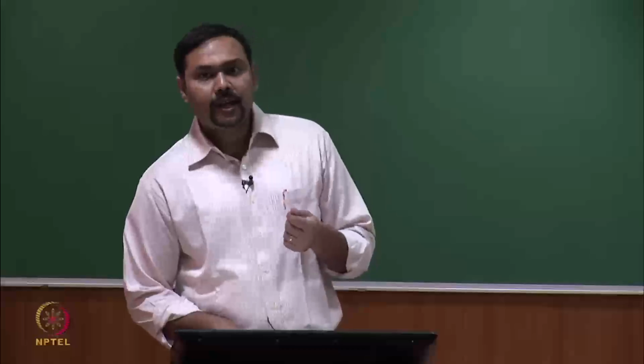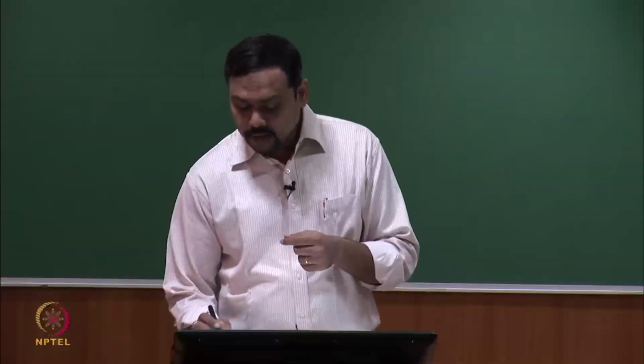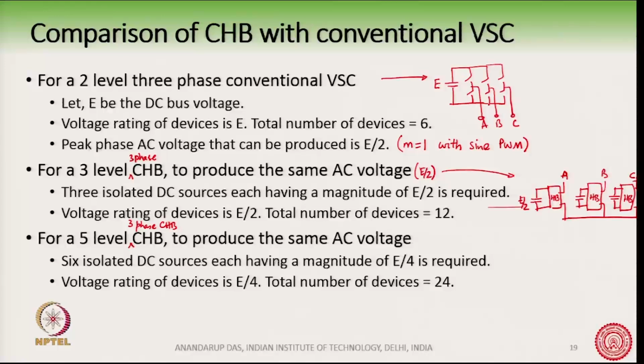Okay. What we gain is that we get lower rated devices of magnitude E by 2, but we require more number of such devices. And of course, one major drawback is that we require 3 isolated DC sources in this converter. For this 5 level CHB,